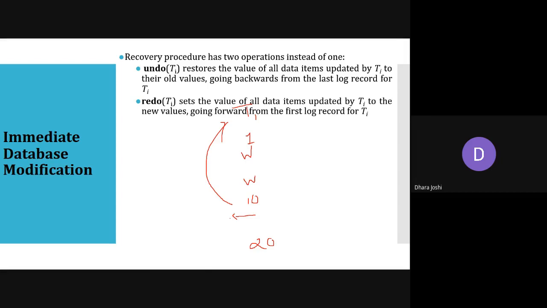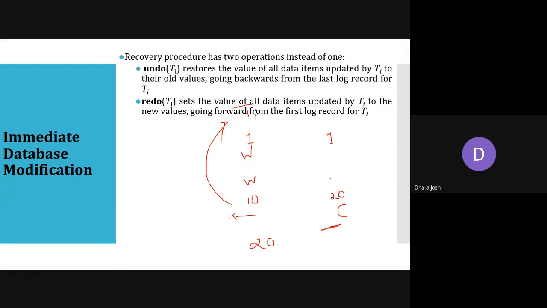Redo will set the value of all data items updated by the transaction to the new value. Redo means if we are facing a failure here, what are we doing? Redo is only possible where the transaction has committed. So suppose at this 20th instruction we have committed, and we have a failure here.